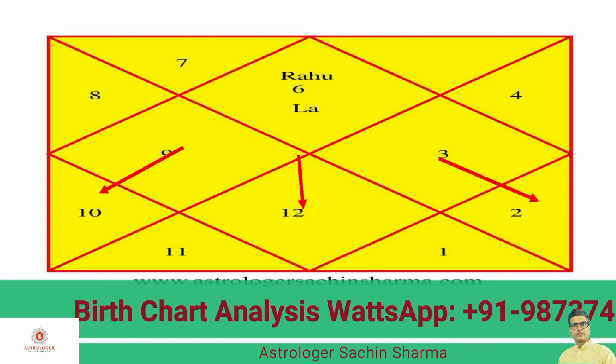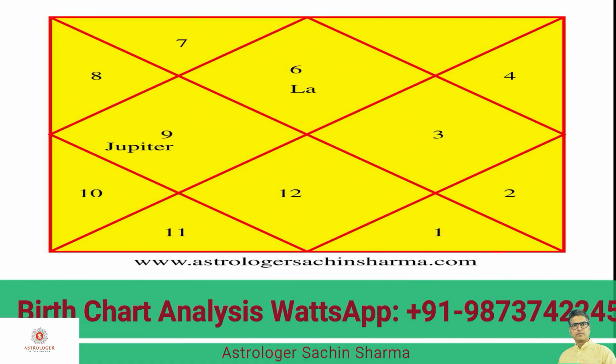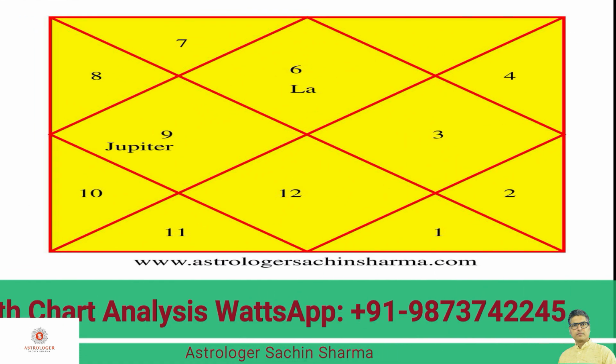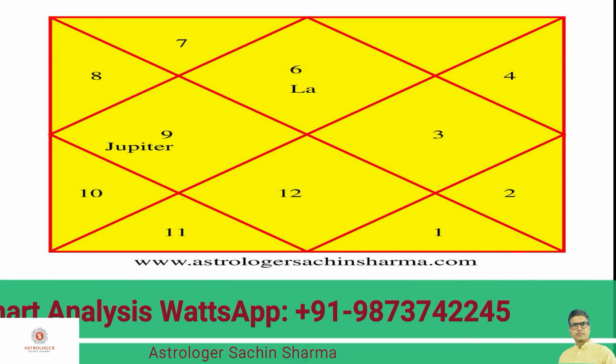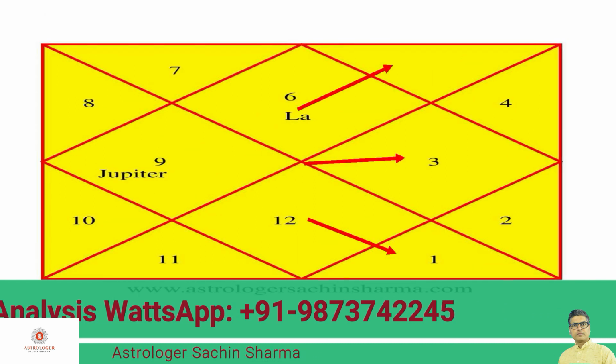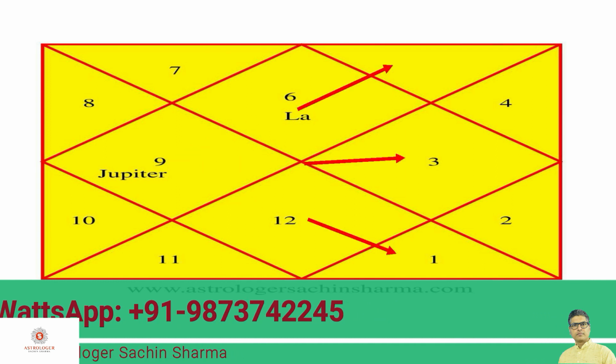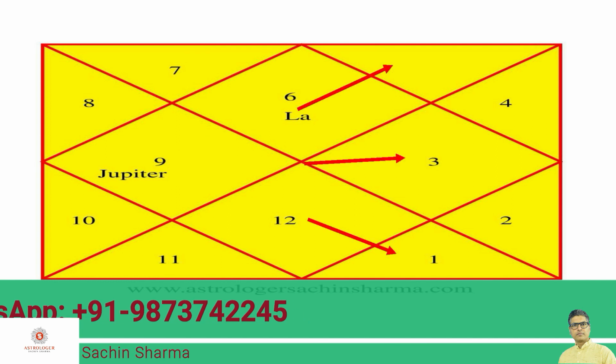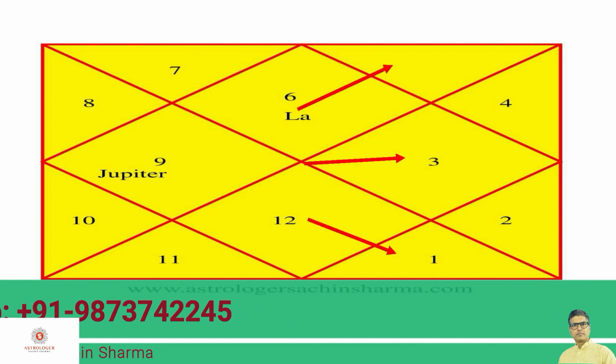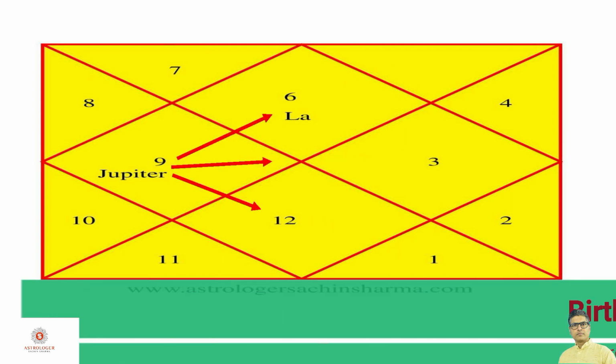Our second question is, Jupiter is placed in the 4th house in this birth chart, on how many houses it will aspect? Just pause the video and answer the question. As Jupiter is placed in the 4th house, therefore it will aspect the 8th house, the 10th house and the 12th house of this birth chart, as you can see with the help of these arrows. So I think the concept of aspects of different planets in different houses is very clear to you now.